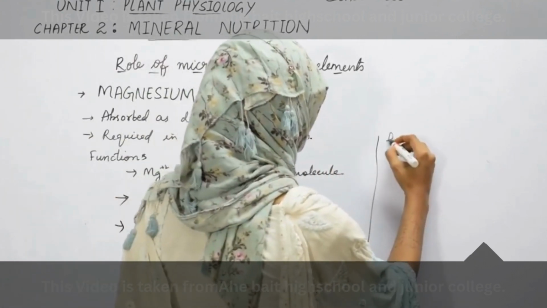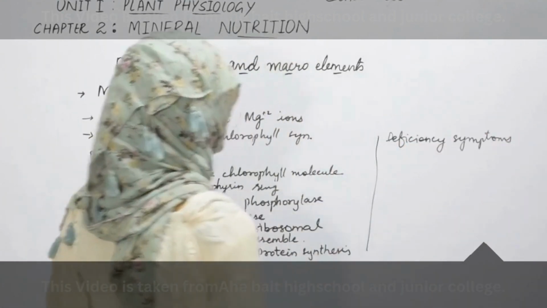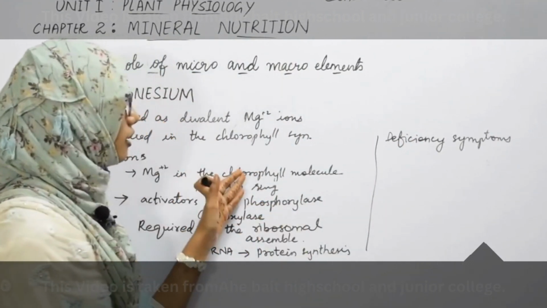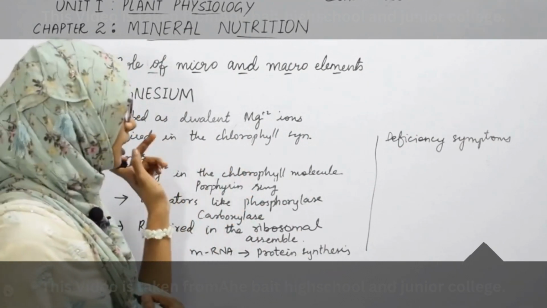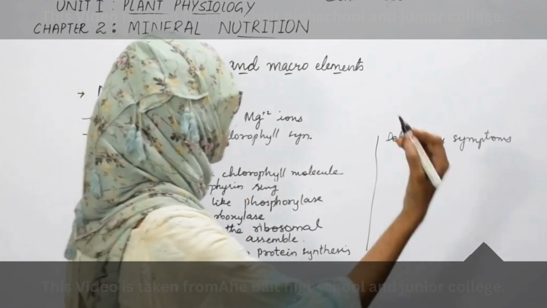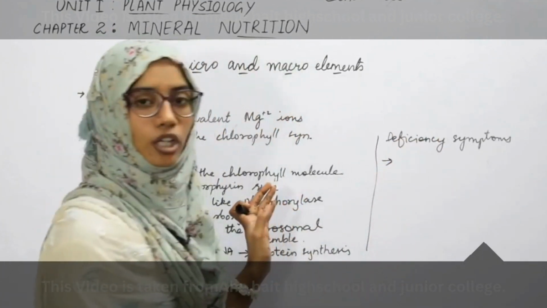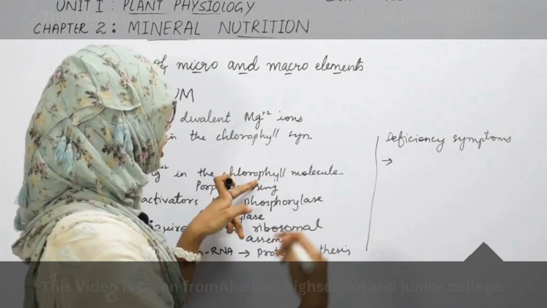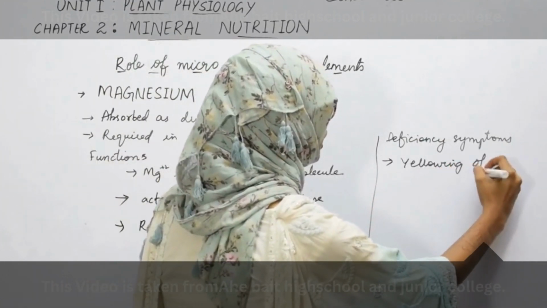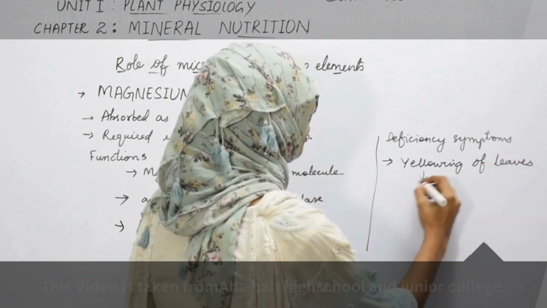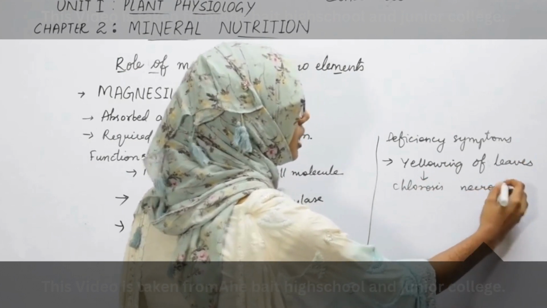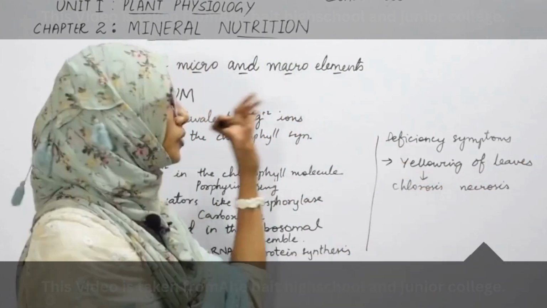So let's see some deficiency symptoms due to the absence of magnesium ions. As I said, magnesium ions are included in the synthesis of the chlorophyll molecule. If the magnesium ions are absent, then the chlorophyll molecule would not get synthesized, and then the yellowing of leaves can take place, which is called chlorosis. And also we can see necrosis, that means the death of the tissues, due to the absence